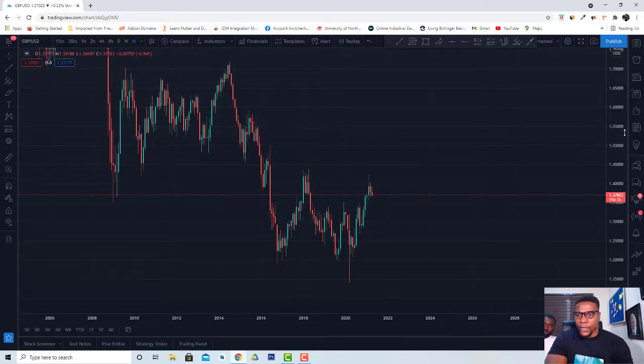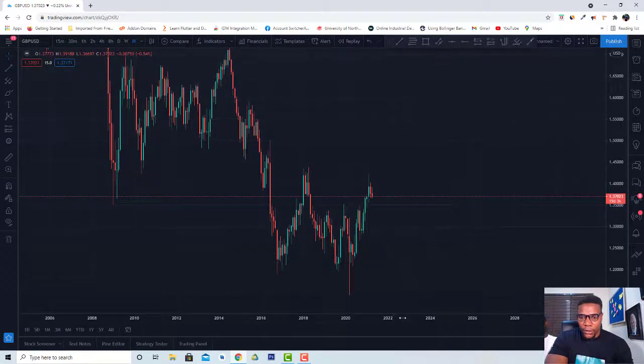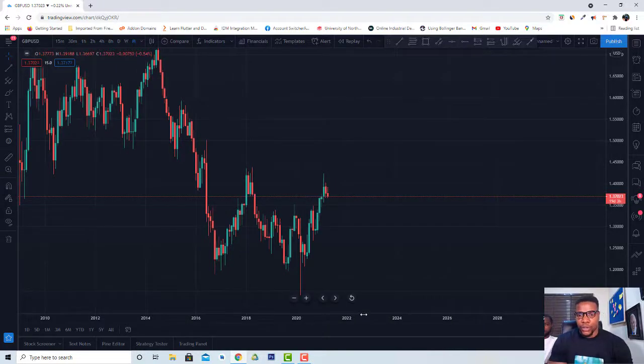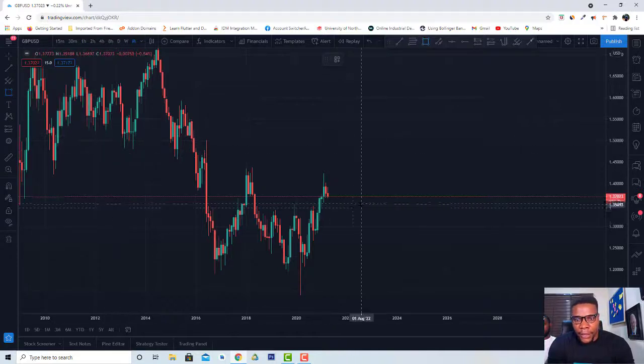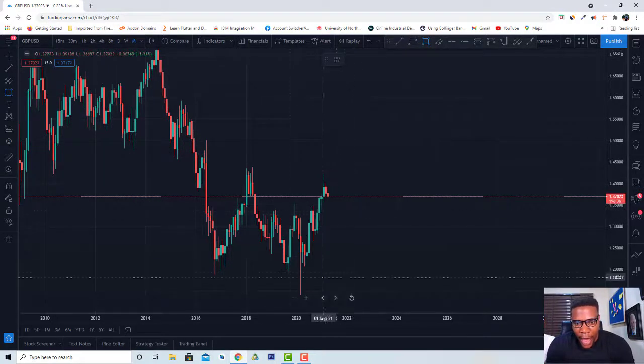I think this is enough. So the very first thing I will try to do is to track the market, track the current price. All right. So you can see the current price right here, which is at 1.37023. So I'm going to identify major support and resistance zones. My major aim here is to trap this current price between a support and a resistance zone. So I'll just pick up my tool right here. I'll take up my rectangle tool,